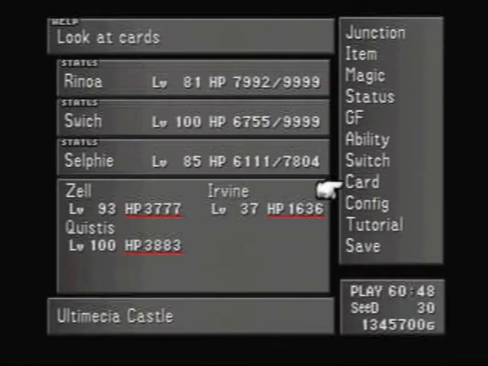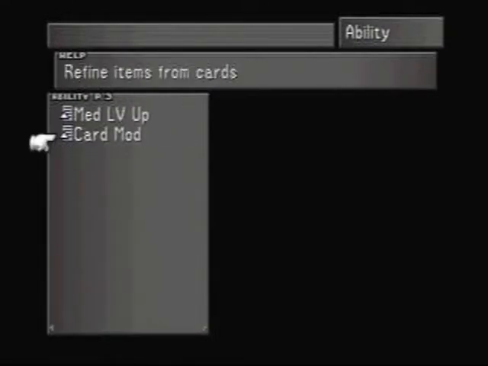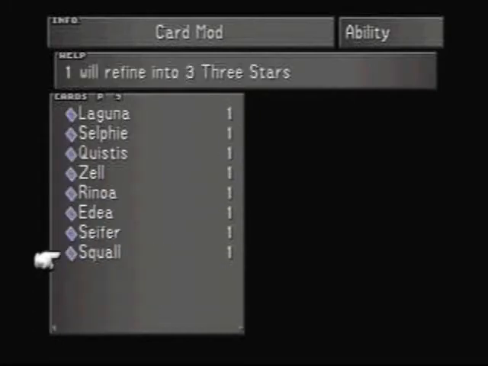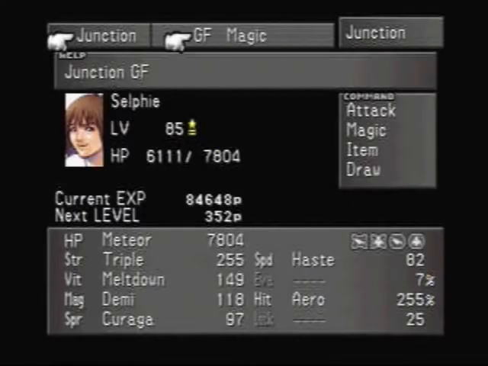So first off, we want to do some card modding. I should have said that too. And it's just 2 of them. Not this stuff. This is garbage. Well, if you don't have Elemental Guard, Selphie's good for it. So, first off, we need to see who's...